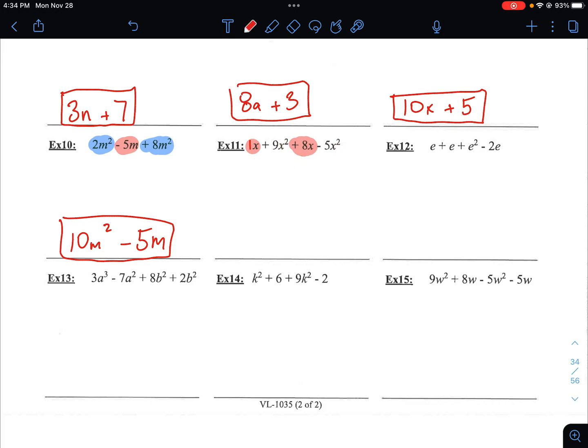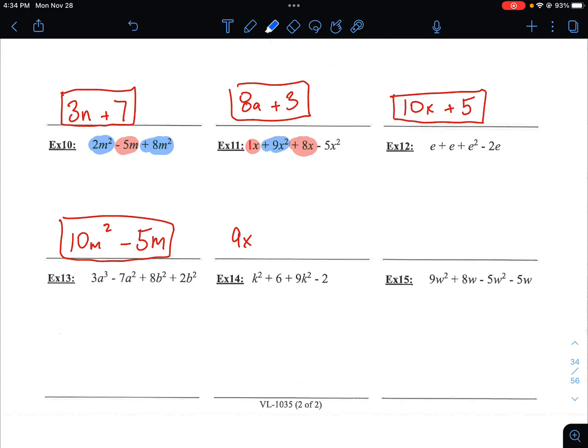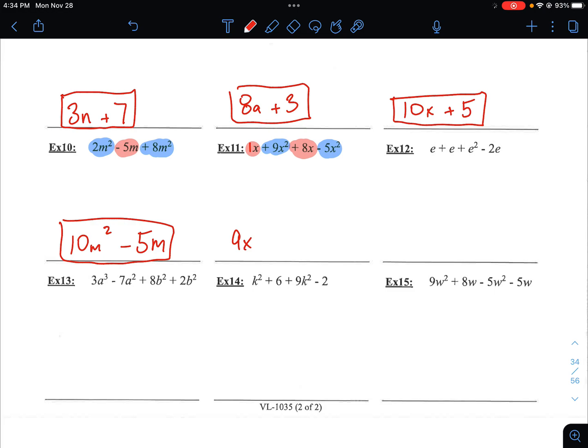So let's combine our x's. We have 1x plus 8x, which is 9x. And then I also have plus 9x squared and minus 5x squared. Those are both like terms, so that's plus 9x squared minus 5x squared. What does that equal? That equals 9 minus 5, that is 4x squared. You can also write your answer as 4x squared plus 9x, and they both mean